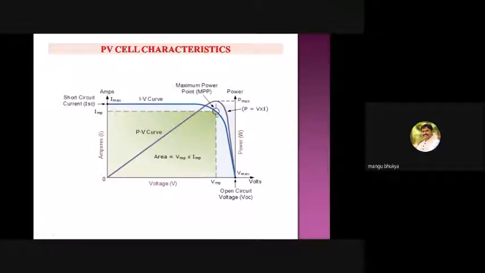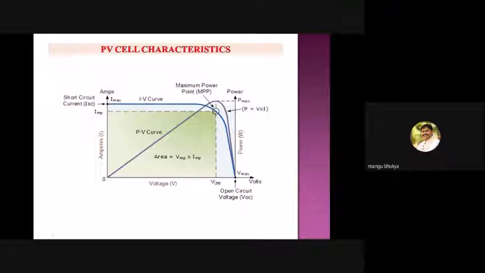Now coming to the other side, that is beyond the MPP point or after the MPP point. Suppose the operating point is here, and we have to come to this peak power point. Here, instead of increasing the voltage, we'll decrease the voltage, because we know from the characteristics of the panel that if I decrease the voltage, the power drawn from the panel will increase. Ultimately I have to reach the peak power, so after the MPP point I will decrease the voltage to increase the power drawn from the panel.